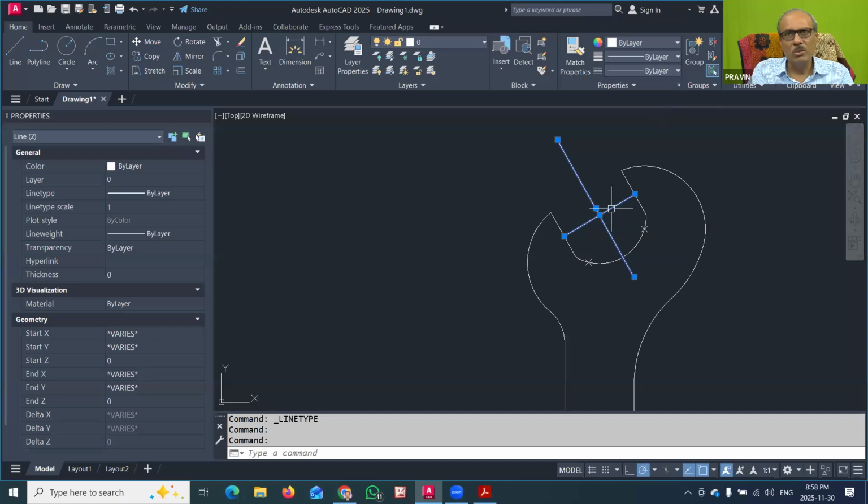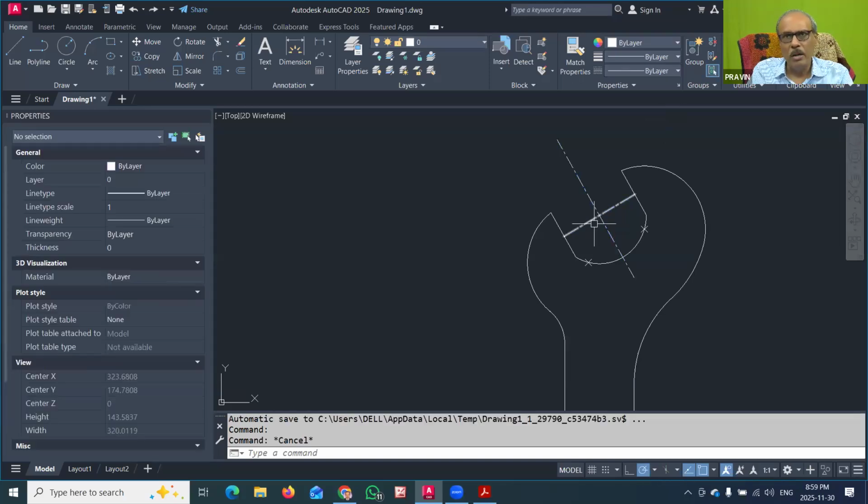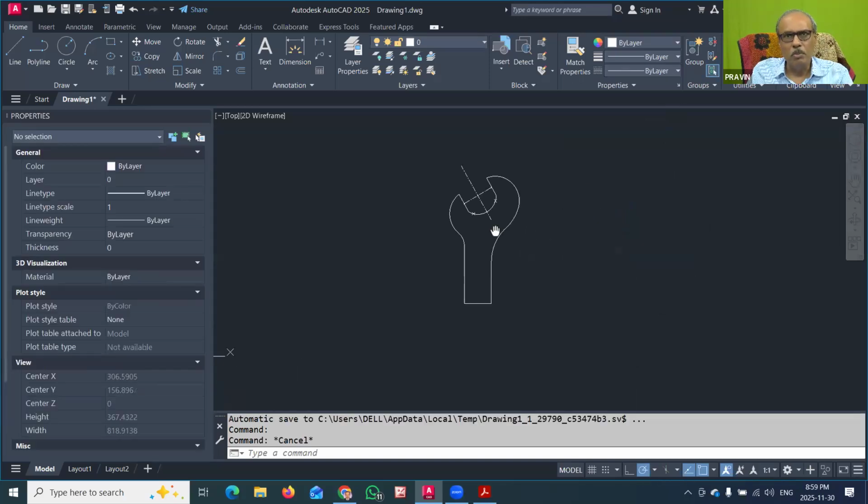So here select these two lines and change the line type from here to center line. You can also see, as in the line command we have already seen, that we have to change the line type scale. So I can make it 5, or 0.5, or 0.1 also. It depends upon your dimension. So we can just take 0.2. Now you can see that the proper center lines have appeared, and now this is the complete spanner.